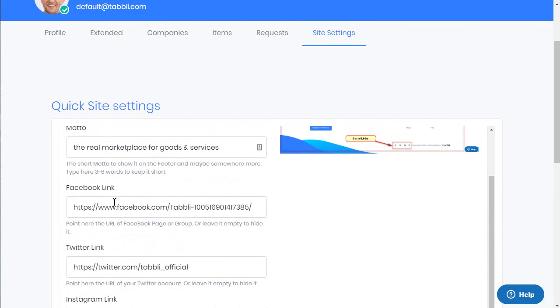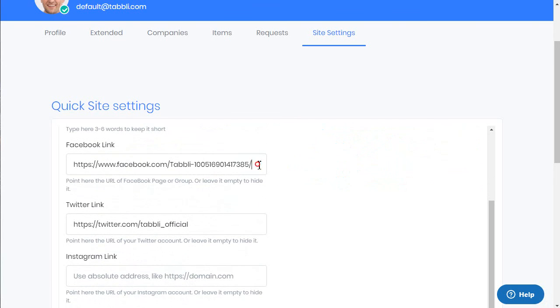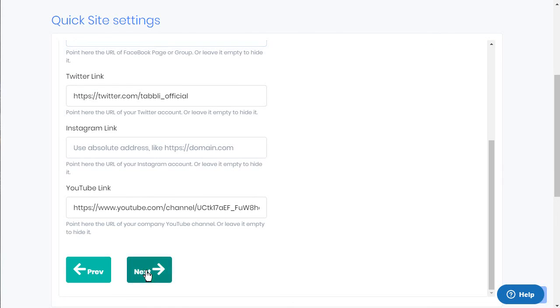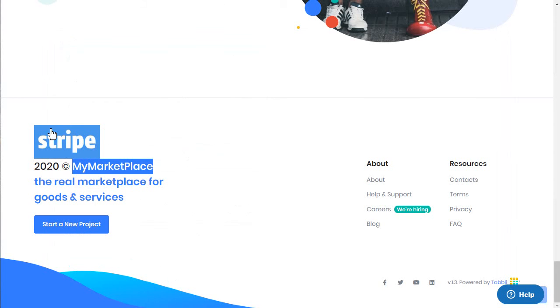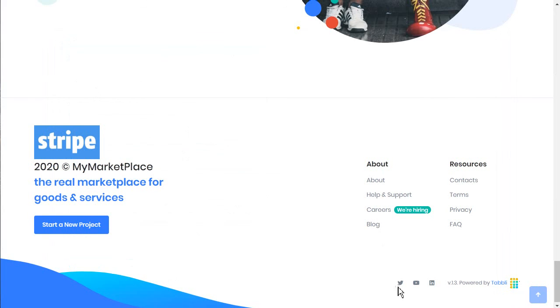Now we can see these links are not empty, but if you don't need some link, for example, you don't need Facebook, I will just leave it empty here. I save, and when I refresh this page, we don't see the Facebook link button anymore. Here we can see the version number of the template. Also you can change the motto, but it shouldn't contain so many words to fit here, because a very long